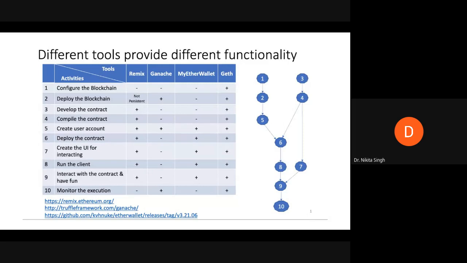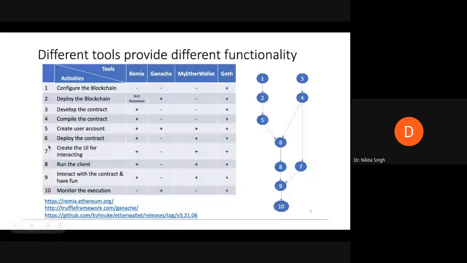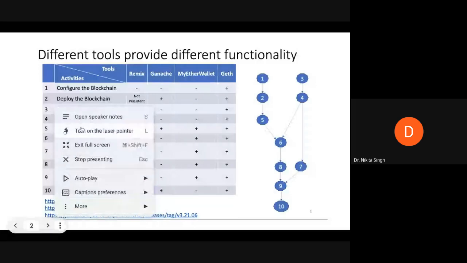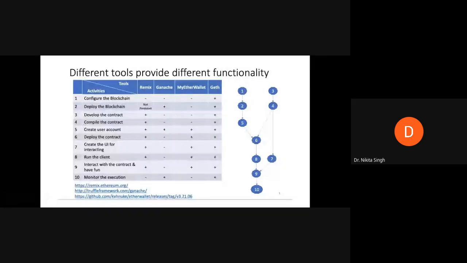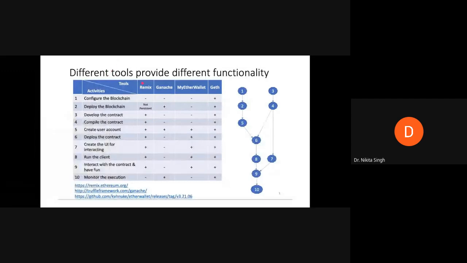Now, what we'll do today is we'll see how we can use other different software that are available to us to interact with our blockchain. So here, as in the last class when we were discussing, we have several types of tools available which allow us to interact with our blockchain. The tools that we are going to use: we have already used Remix, we have used Ganache. Today we'll see how we can use Ganache, how we can use MyEtherWallet, and what different kind of functionalities they provide.